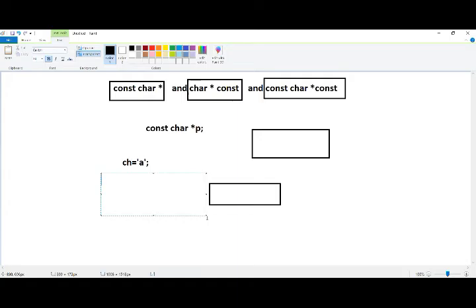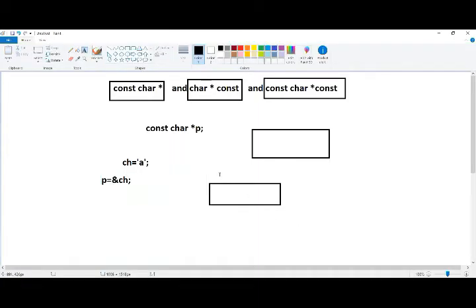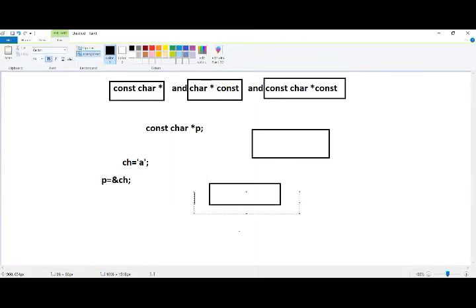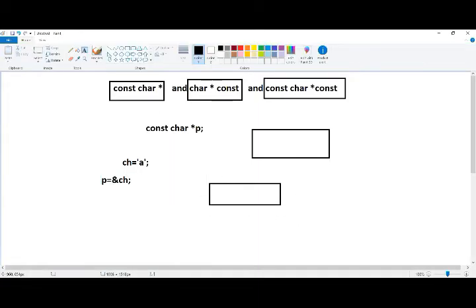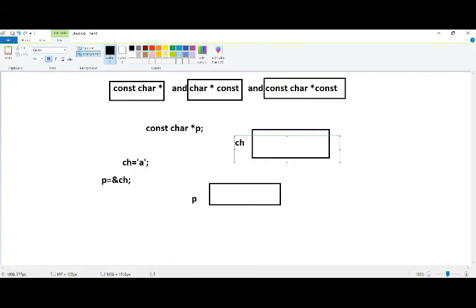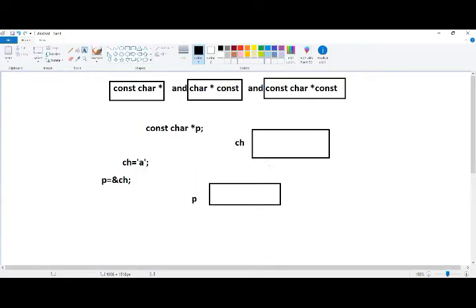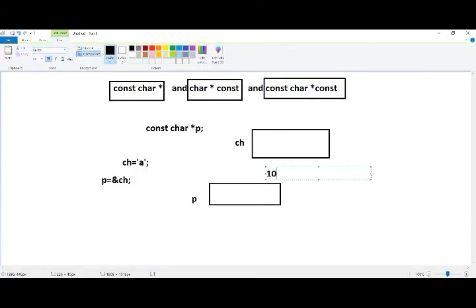After the statement p equal to ampersand ch, p will start pointing to that location. This is the ch value. So ch has some address location, for example, let us consider it as 1024.